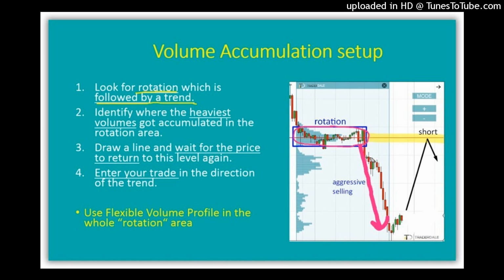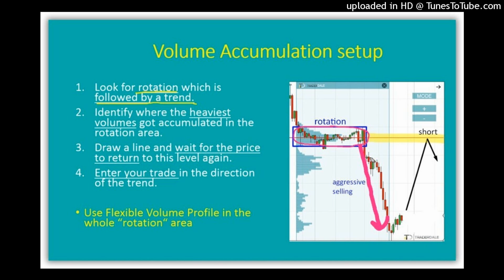So when there is a price channel or rotation, volumes are being accumulated. Big banks or big financial institutions are accumulating their positions in rotation. And after rotation, there's a trend. This is quite usual behavior. First, there is rotation, where volumes are accumulated, and then there is a trend where the big institutions are actually